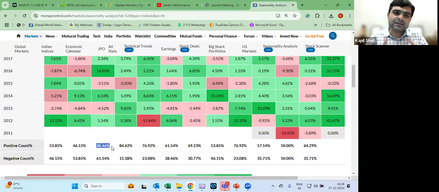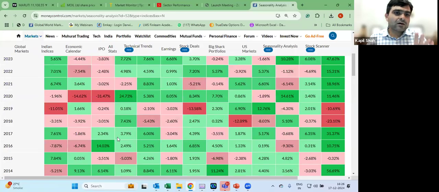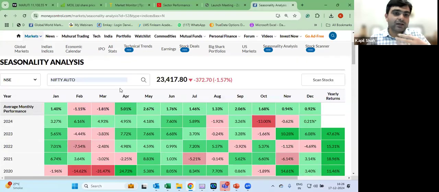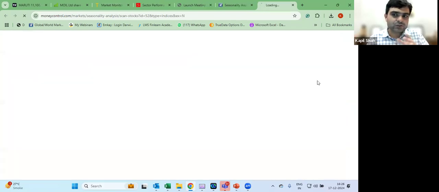So seasonality also gives me the idea that right now the auto sector is at this particular point, there is not that much hurry to look at it, because thereafter there is not that much seasonality trigger either. And if I want to understand the entire auto sector, I can look into it this way. Let's say I come to the scan stock,